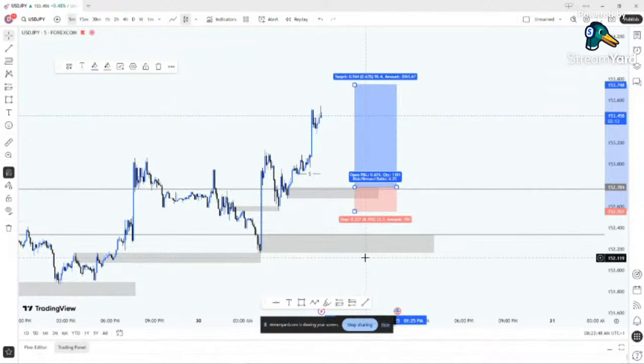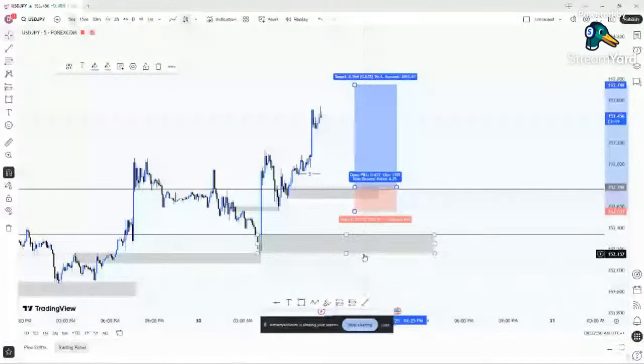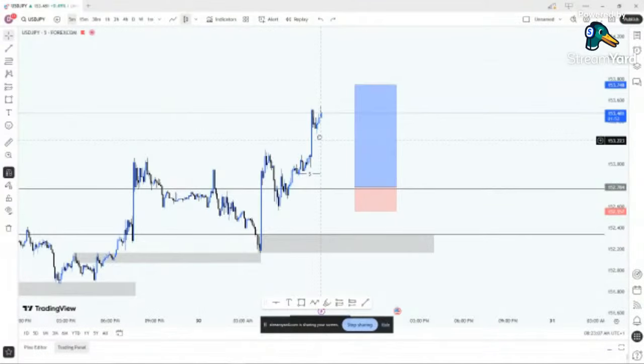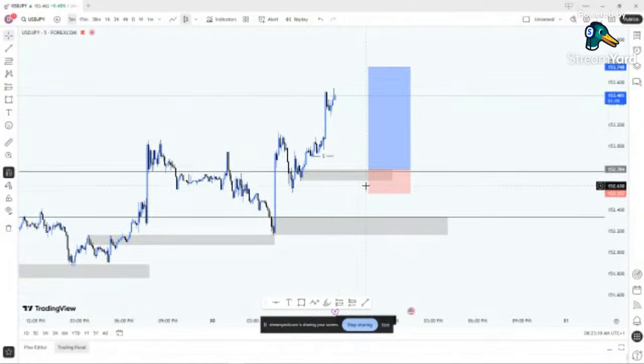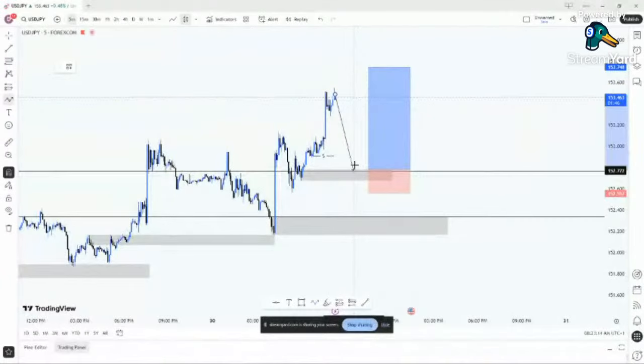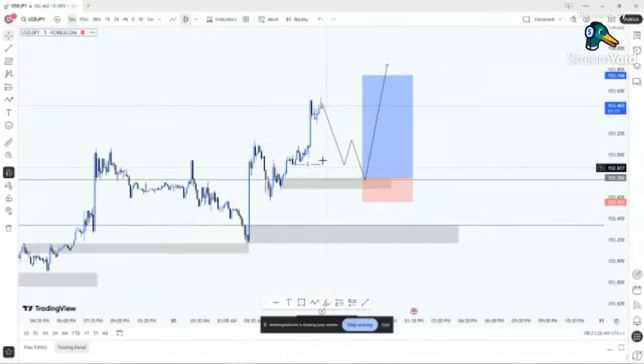So what I'm going to do is wait for it to come back to this lower one. This lower POI is where I will consider buying, as a view. But if you watch, for those that have been asking about USDJPY, this closer POI is a nice POI. If the price decides to come down, it's an order block. If it decides to come down and create additional liquidity, then you can buy. I'm going to buy from here. Ours is a 5-minute temporary order block, and me personally, I